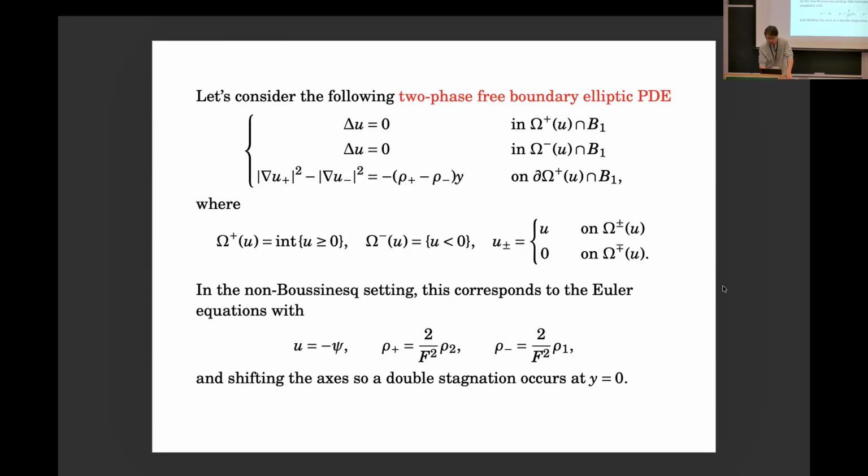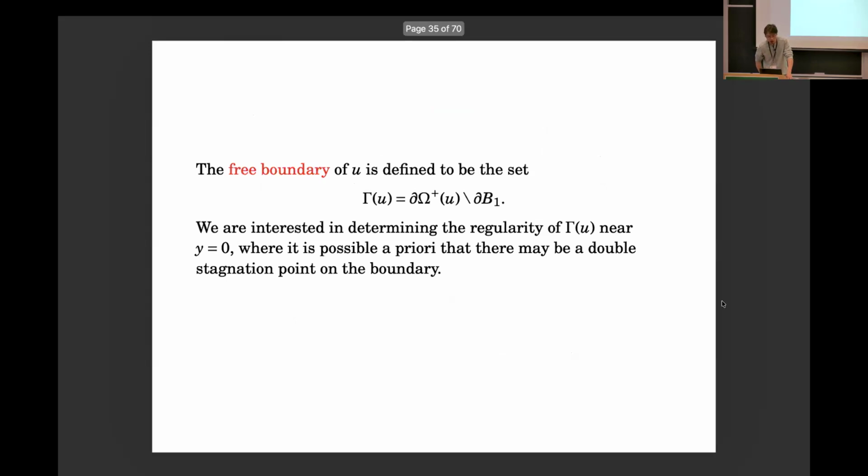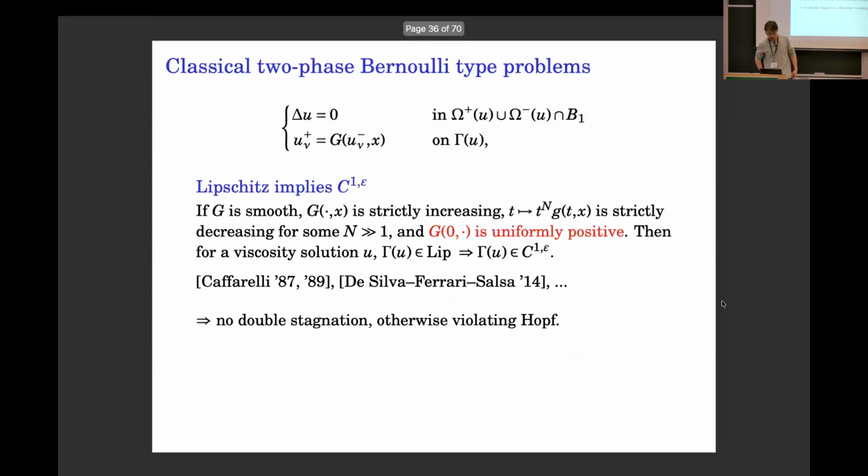But anyhow, this is basically the toy model we're looking at. And I've also mentioned to you there's a monotonicity built in. There's some extra information we can utilize. But I also want to make some connection with the two-phase Bernoulli problem from Caffarelli, where there is a well-developed theory in the community, where people consider a very general type of Bernoulli problem.